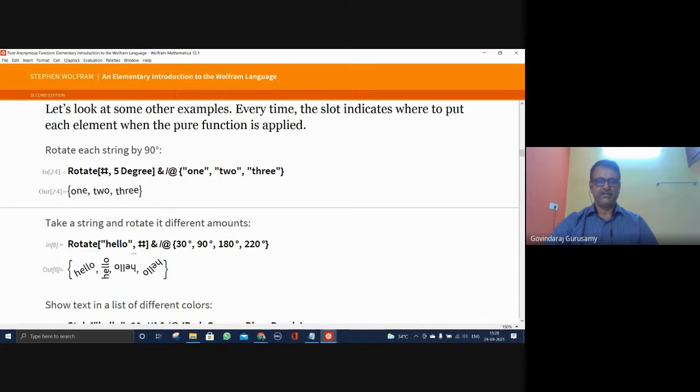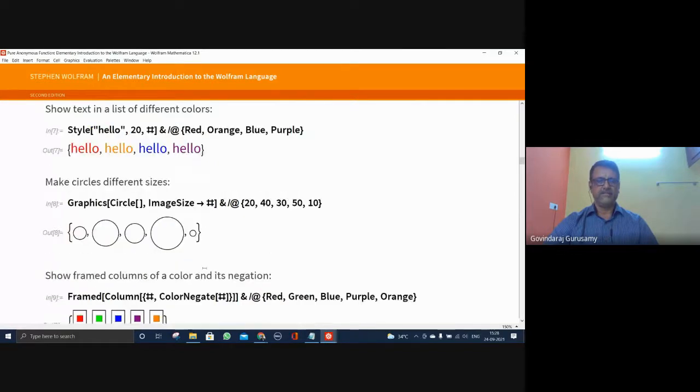The string is Hello. The rotations are 30 degrees, 90, 180, 220 degrees. So this is the string, and hash is used here to operate on this, at 30, 90, 180, 220. This is the result that you have.